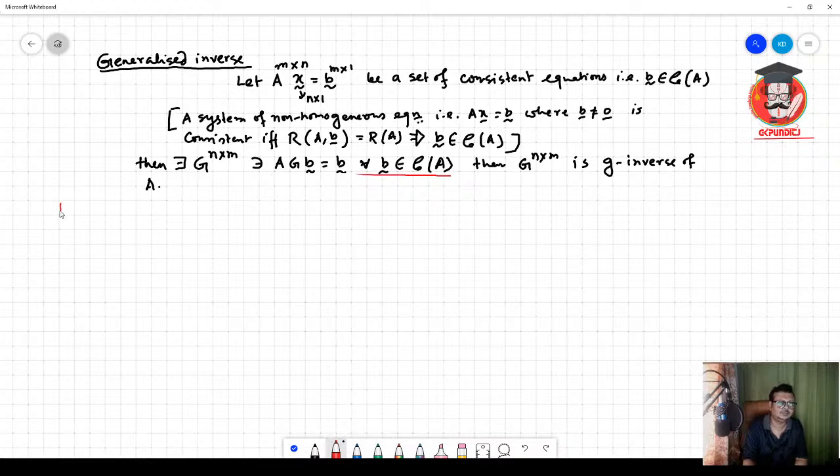Next result. G is a g-inverse of A if and only if